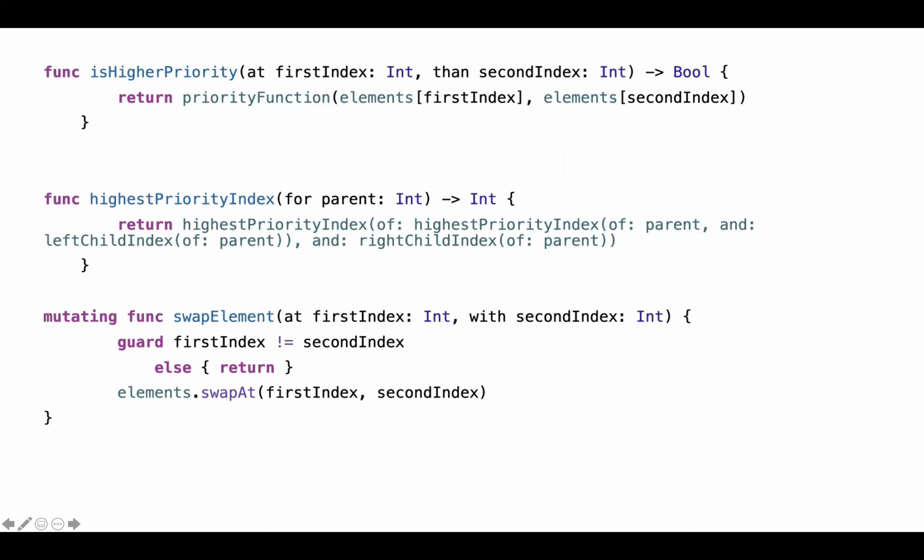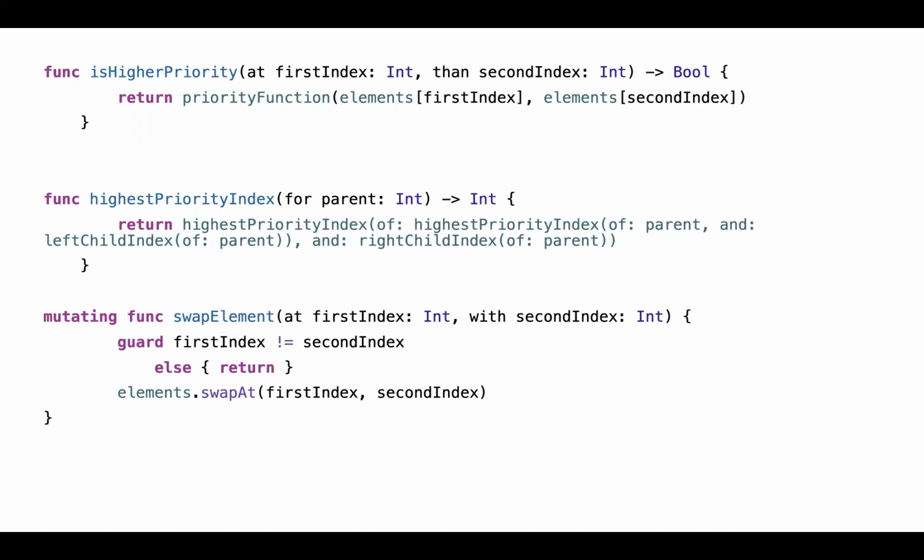It could be in a min way or a max way. I haven't written the logic here. Whatever the consumer of this sets as the priority, this priority function will be called to identify whether the given indexes are in higher priority or not.